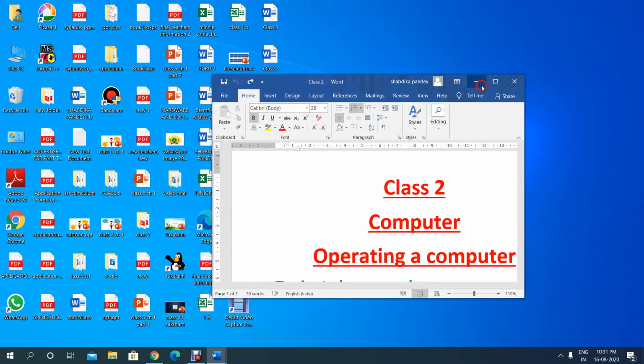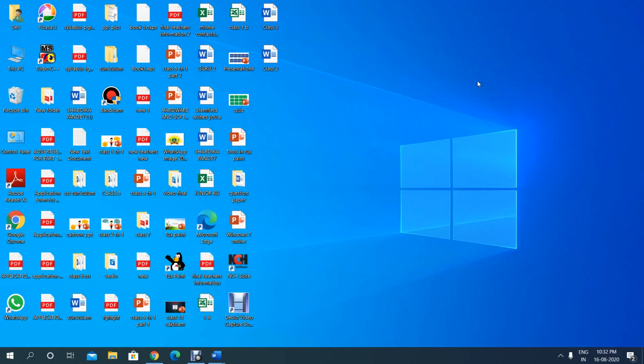Understood? Now next is how we can shut down your computer. Before closing your laptop or any device, you must shut down your computer first. It is necessary. So how you can shut down your computer?